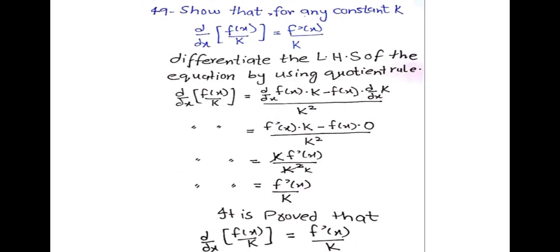Then again we have the last question of this video: use the differentiation feature to solve the problem. We are given the function and we have to find the value of the derivative at a particular value, which is 4, and we have to find all values of x where that derivative is equal to 0. So first of all we are going to find the derivative of that function, because when we find the derivative we can replace the x with 4, so we can find f prime of 4.